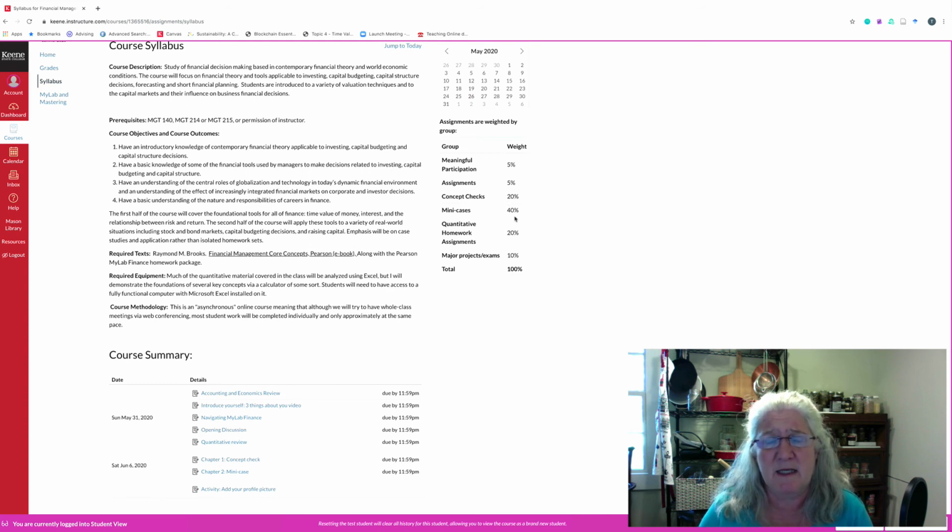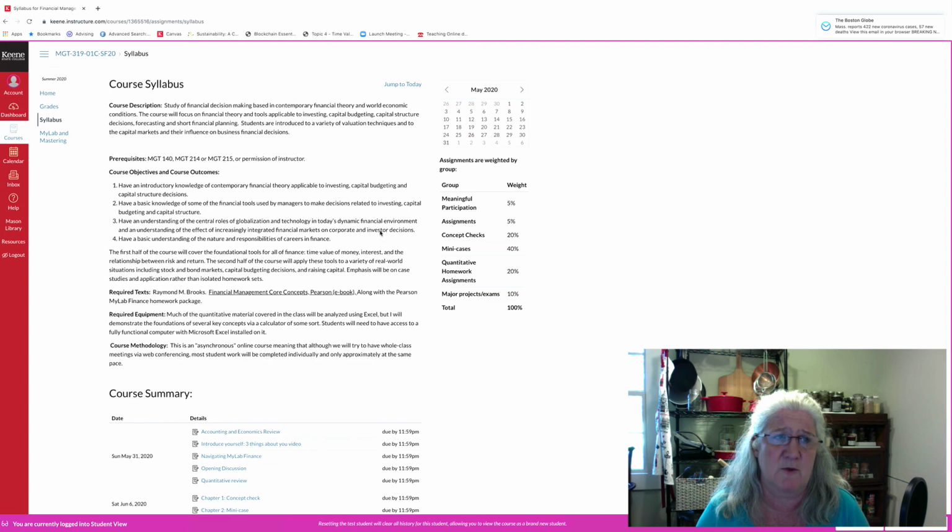And then these mini cases are really where the bulk of your work is going to be and where the bulk of your credit is going to be. And then we're going to have quantitative homework problems just to make sure that you can do all the little subcomponent parts that go into the cases. And we'll probably finish off with a significant project. So that, my friends, is what we're looking at for